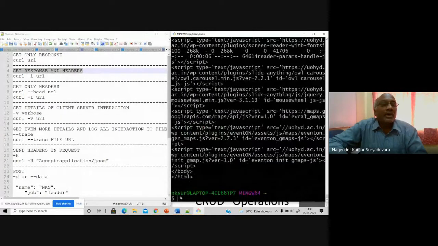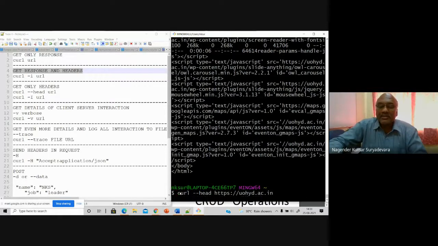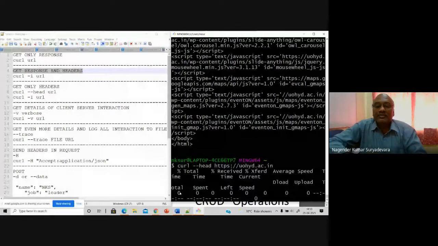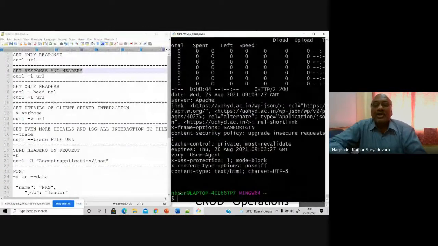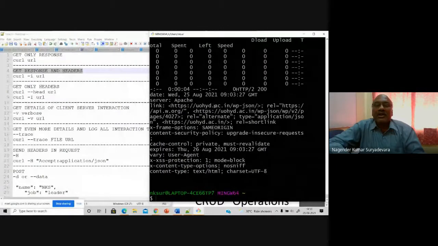If you want to see only the headers, then obviously you can issue the command -head. Head indicates the header of that particular response that you get from the server. So here you can see the response in basically a header. Can you tell me what web server our university web pages are hosted on?